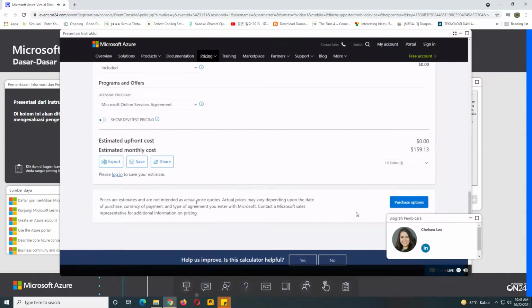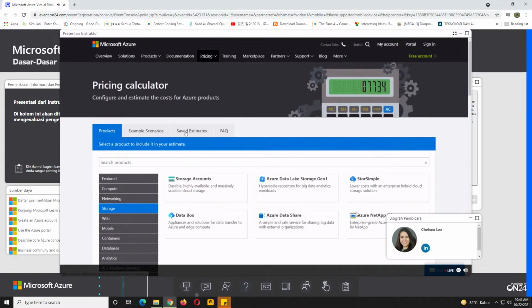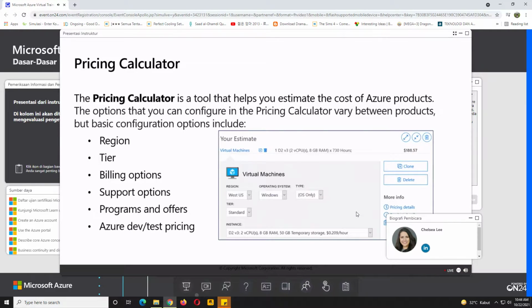Now you'll see here that these are not your actual quotes. It just depends, because by day, there could be a change in the service, your currency, and the key thing here, type of agreement. So type of agreement, what does that mean? Customer type. Are you web direct? Are you enterprise? Are you working with a cloud solutions provider? So again, all of this is going to just be an estimate. You can work with your Microsoft rep to get a more clear estimate or a better, more specific quote. All right. But this is a really great tool if you're curious about roughly how much that is going to